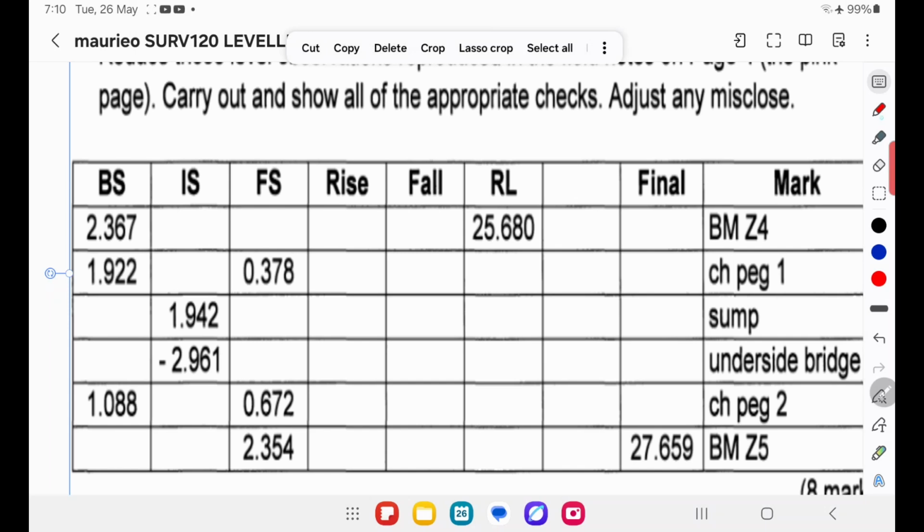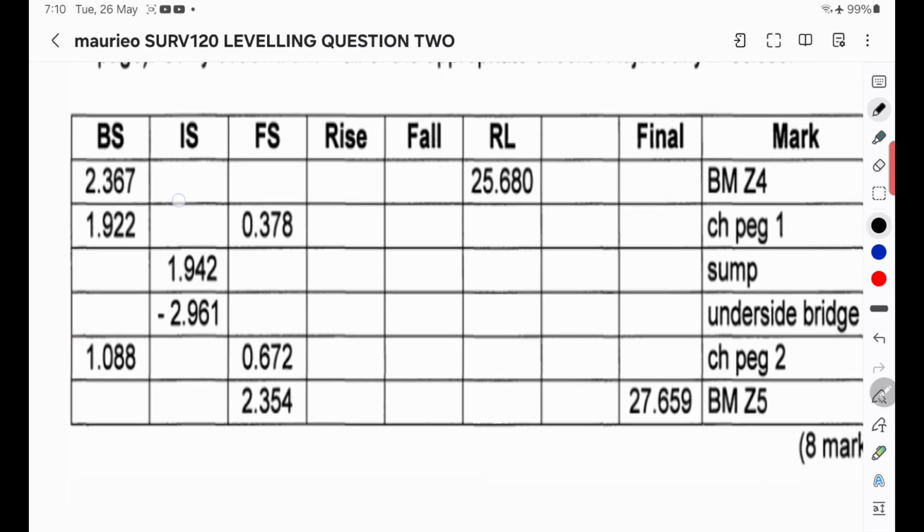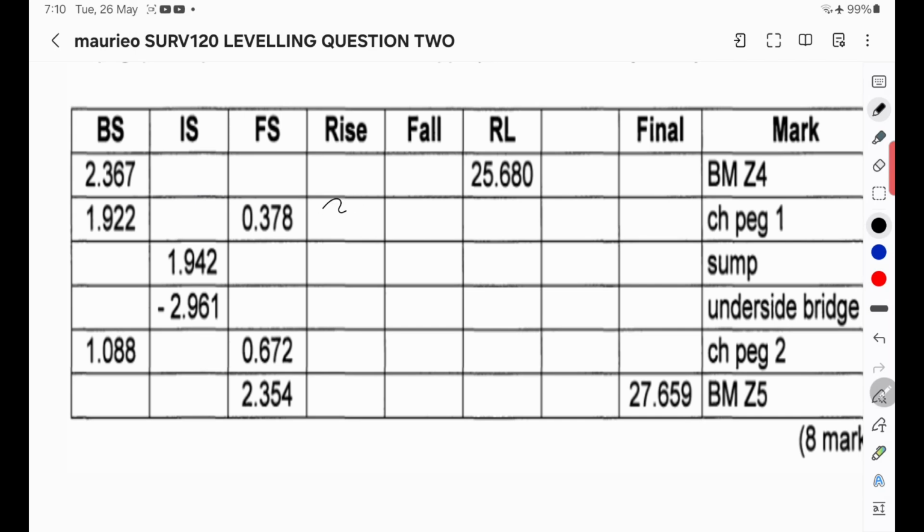Oops, got to turn our pen on first, and we'll do it in black. 1.989. Okay, so next one is